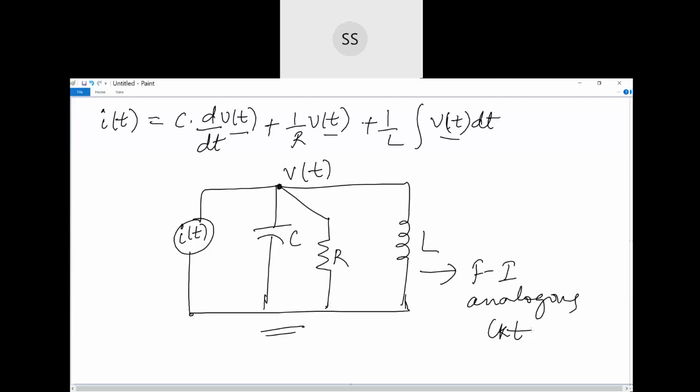There was one friction, now in the circuit we have one resistor, and there was one spring, and now we have one inductor in the Fi analogous circuit. So like this, individual components are replaced and a Fi analogous circuit can be obtained. So this is one example. So let us take a similar